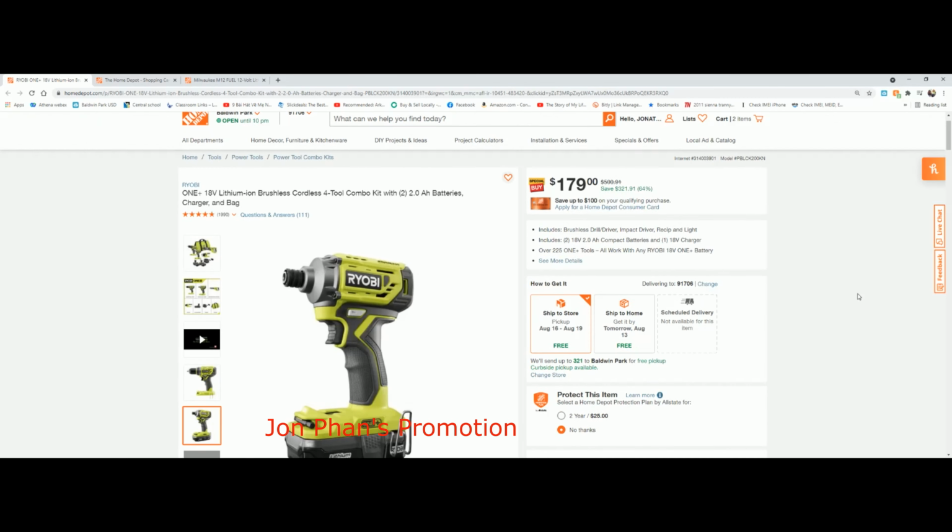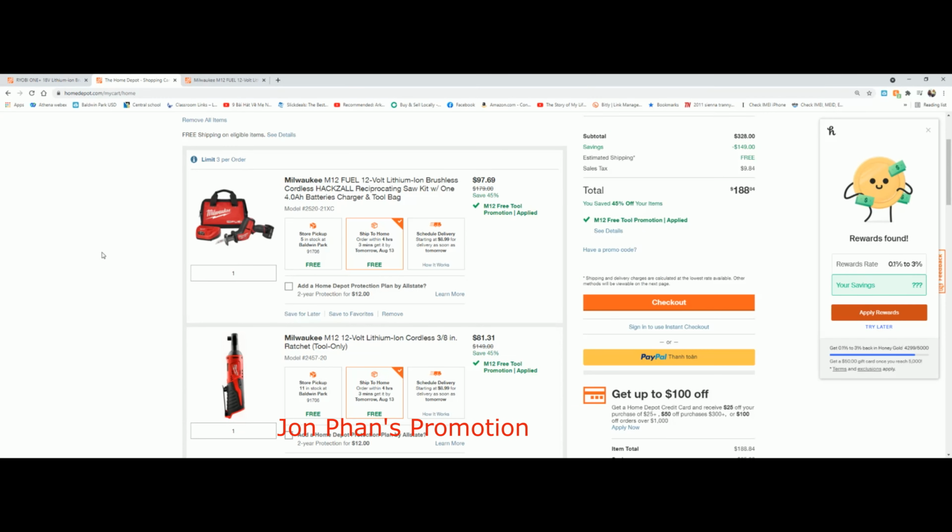Okay, and here I'm going to show you another one right here. This is a Milwaukee. Right now, if you buy the Milwaukee M12 Fuel saw right here, its regular price is $179. But right now, you buy one tool and you add the other one for free, which I added right here, and then it breaks down to the prices here. So the regular price for this one is $149. However, if you buy the two together, they break up the price, and this one does come with the bag, the charger, the battery, and the tool itself. It comes out to be